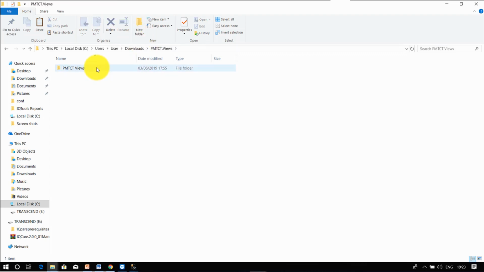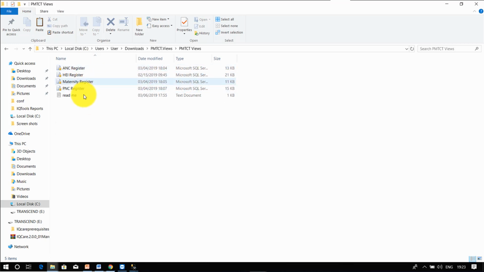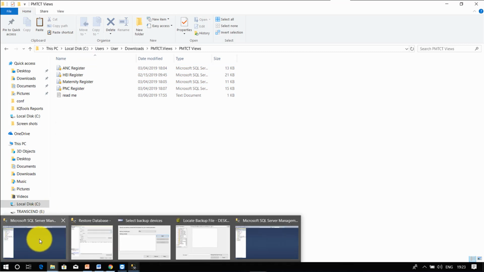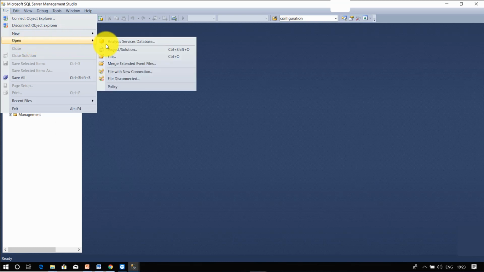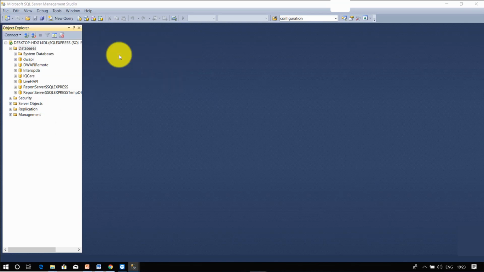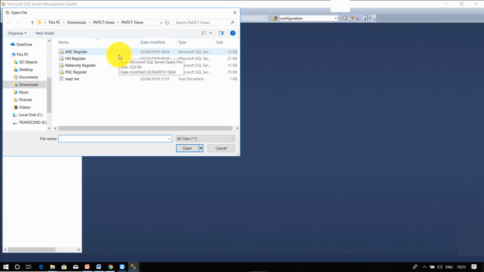The next step is now to access the PMCTC views that we had downloaded. Get back to our SQL server, click on File, then open, trace the PMCTC files we had downloaded and extracted, highlight the first one, we run all the 4, then click open.